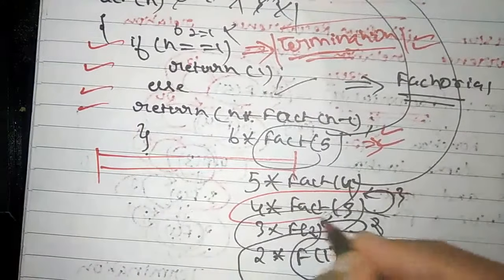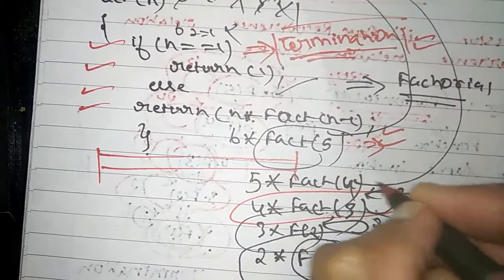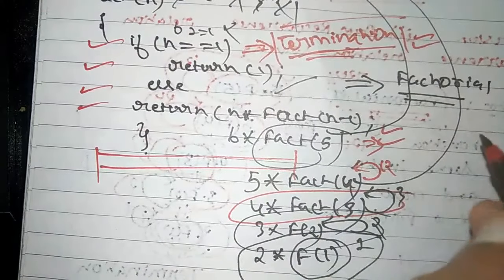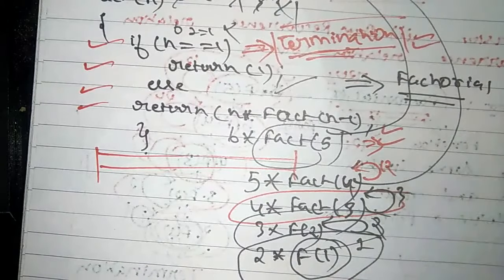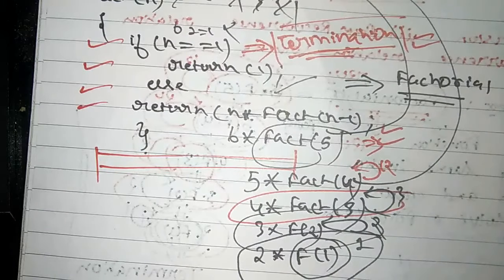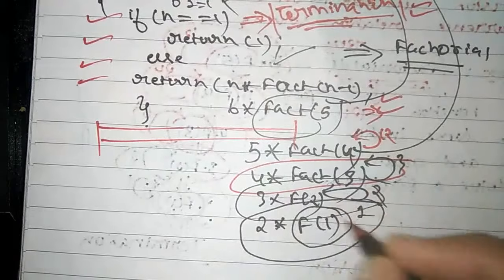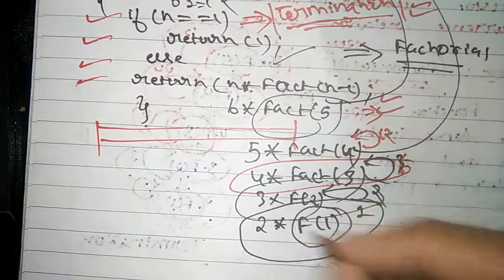3 into 4 is 12. 12 will be returned to the factorial of 4. Right? And so on. I'm sorry, 3 into 2 is nothing but 6. 6 into 4 is